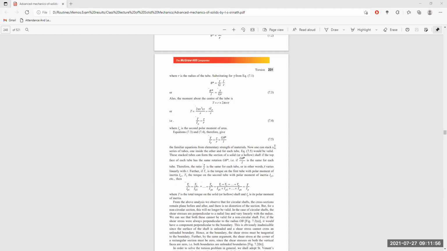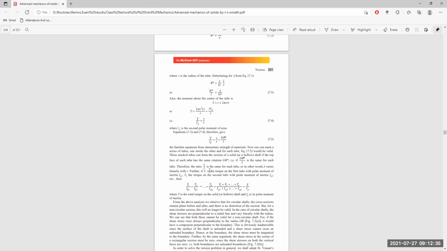What we are doing here, first, we have again derived that torsional equation itself. Next, we are thinking that instead of only one sheet forming this torsion, a bunch of sheets rotated by the same amount are stacked together to make the form of a solid shaft, or even a rotary shaft.